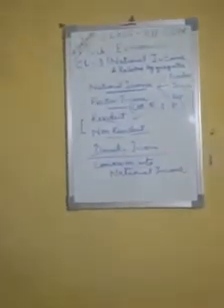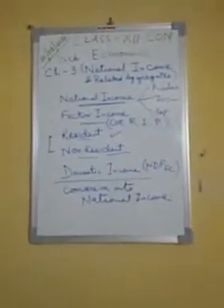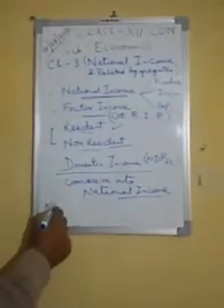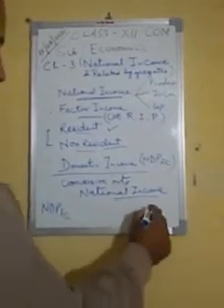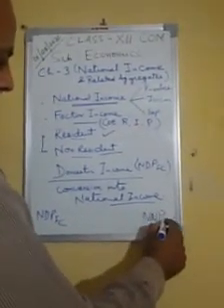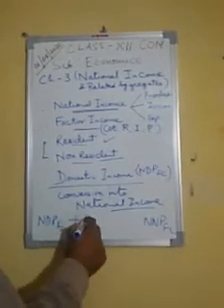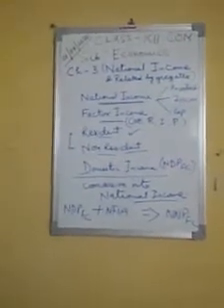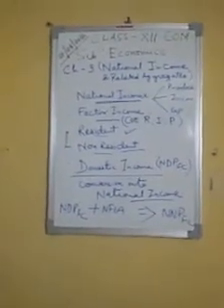So now, what do you mean by domestic income? Domestic income can be technically known as NDP at FC, net domestic product at factor cost. So how can NDP be converted into national income? Here we have written NDP at FC and we have to reach NNP at FC. So by adding NIFIA, we can convert it into NNP at FC.